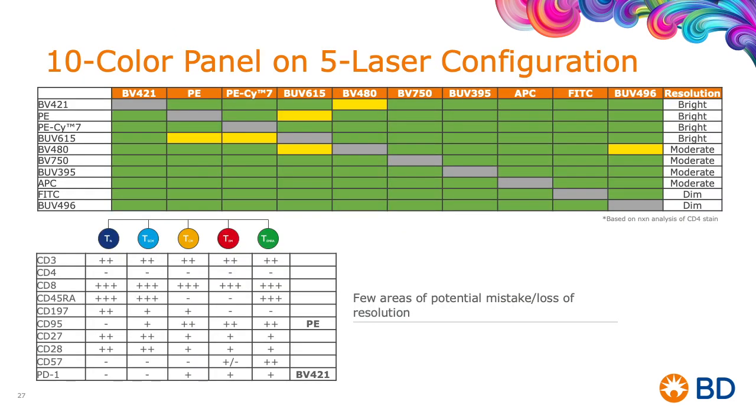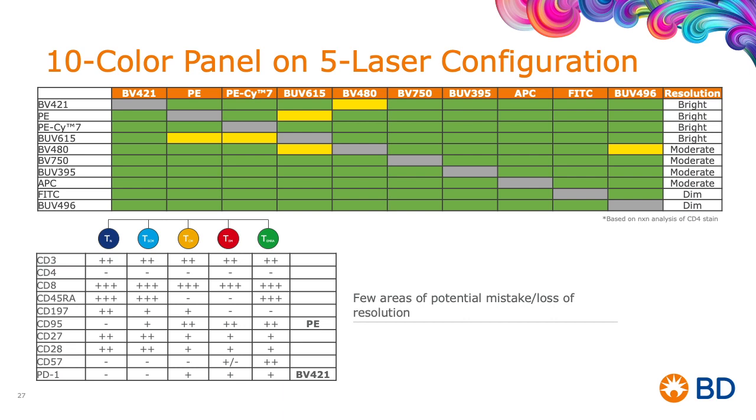So now when we redesign the same exact 10-color panel on the same exact instrument, this is the same configuration, the same instrument, but now we are taking into consideration the spillover and spread before designing the panel. And we can use a similar approach. So we still start from our more critical markers. So we use PE and BV421 as very bright dyes that can ensure resolution of our critical markers, CD95 and